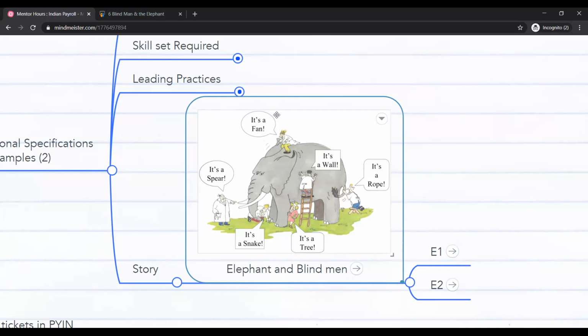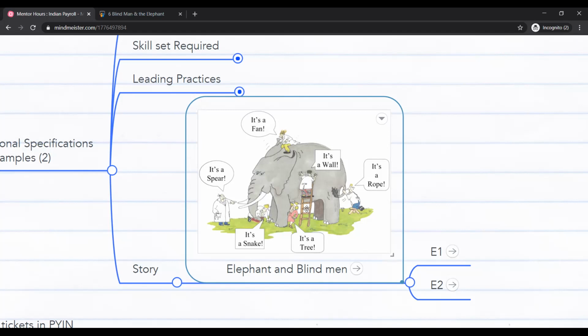You are thinking the client might have asked this, the client might have asked that. Unless you have the bigger picture of what exactly the client requires, you will not be able to understand and deliver what exactly the customer requires. Are you getting my point?